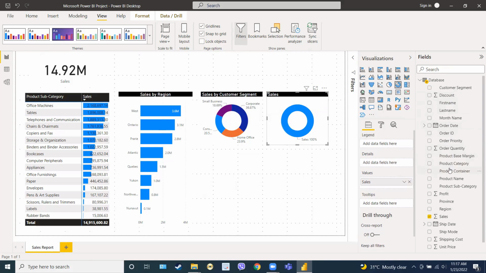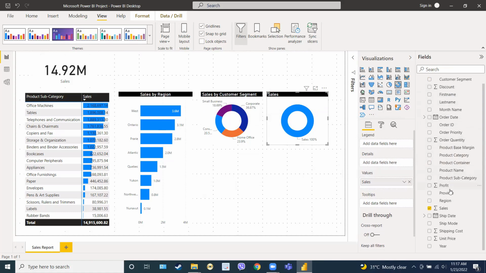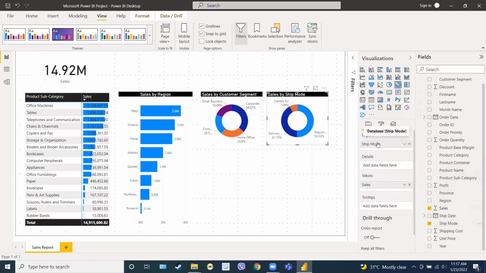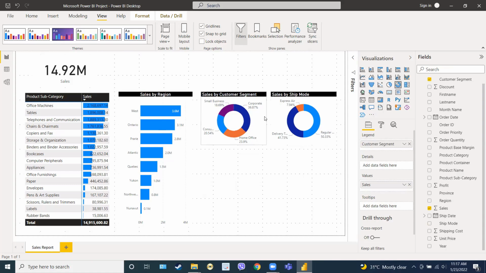Let me try shape mode. Ayun. Sige, yung shape mode na lang. Alright, so we have sales by customer segment and we have sales by shape mode. Ibig sabihin, is it through delivery of express air, delivery truck, or regular air? Okay, yun yung available information dito. Okay, so again, we are using pie or donut chart if we want to look into the percentage value of